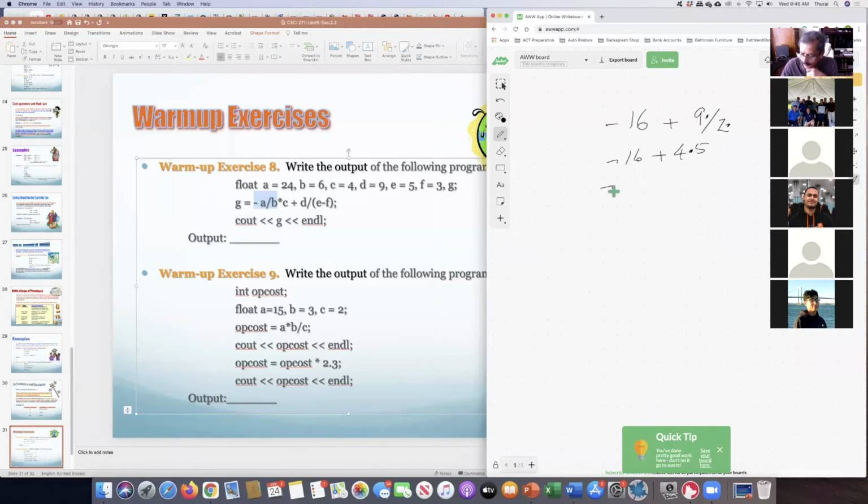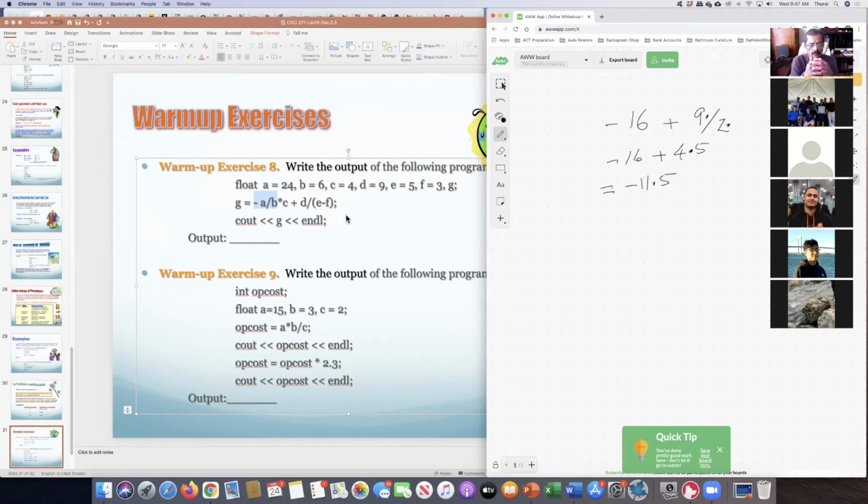So that will be negative 11.5. Okay, so Professor, where'd you get the 4.5? I got stuck after. Wait, what do I do with the 2 after the E and F? Is it still in the parentheses? Yeah, wait, never mind. E minus F in parentheses will be evaluated first. So it'll be replaced with the 2 point, right? Oh, okay. I just saw the slash. I didn't realize it was